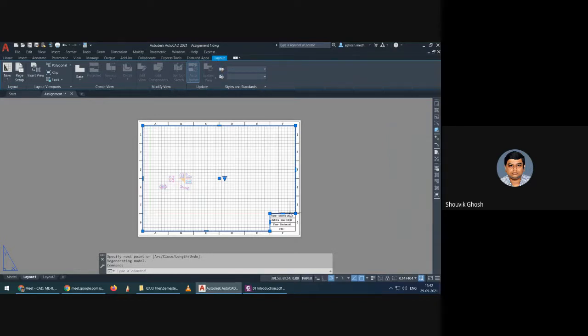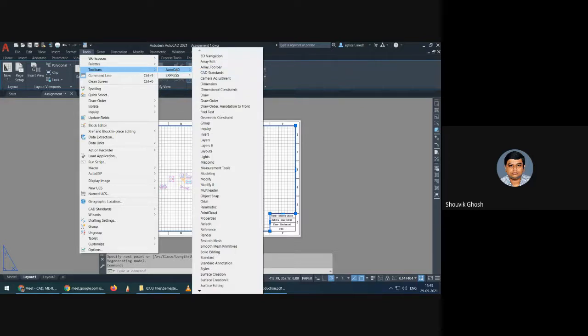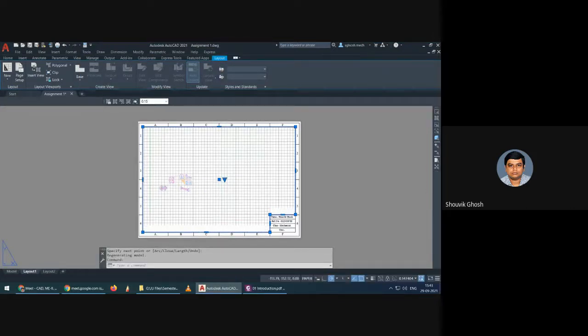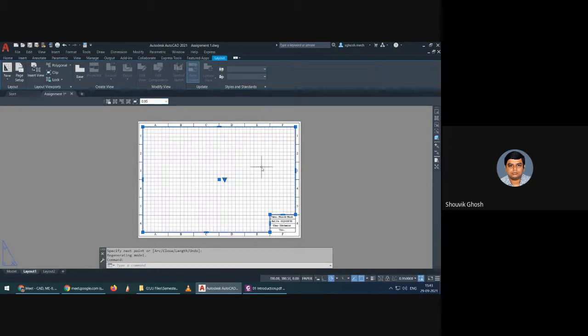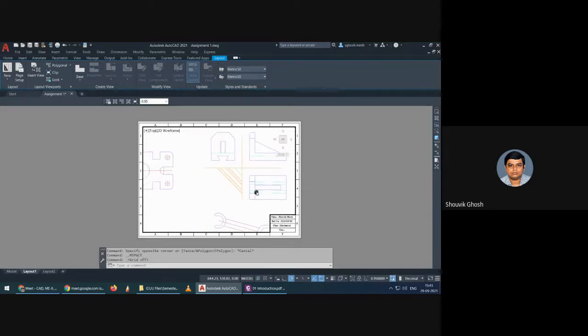So for that, my recommendation is, because previously we used to do the same and the same option is available in the latest version also. That is, if you go to the tools, toolbars, AutoCAD, and you will find the viewport toolbar. In the viewport toolbar, actually, there is an option of specifying the magnification. See, when I press it to 0.95, the magnification is occurring. So now I can just place the whole thing within my limit, okay, like this.